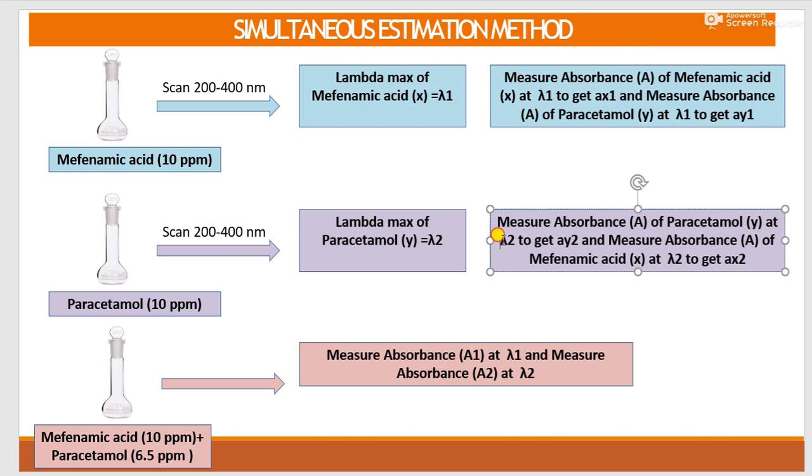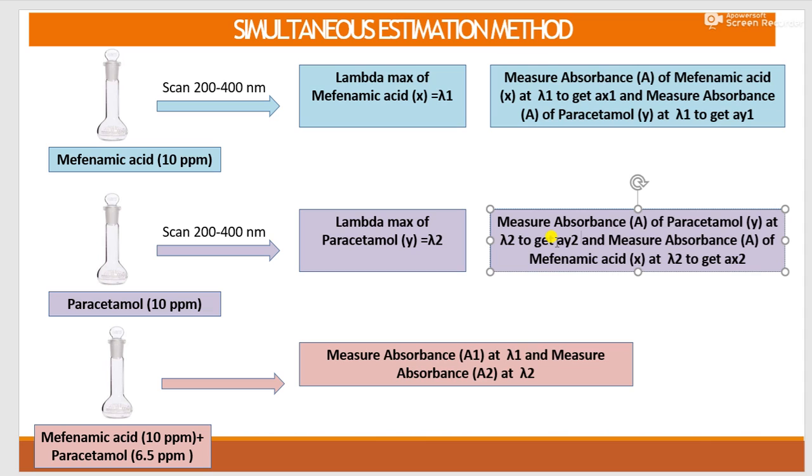At lambda 2, that absorbance will be used for calculation of AY2. So from X we get AX1, the absorbance at lambda 1, and at lambda 2 the absorbance of Y will give us